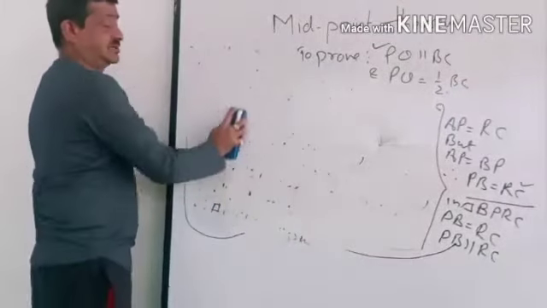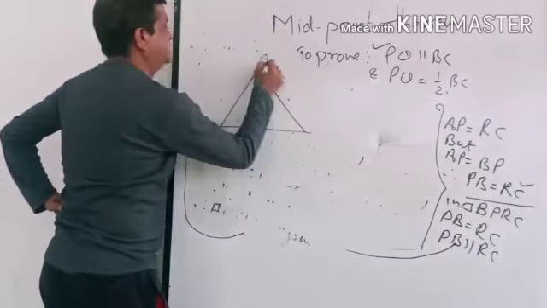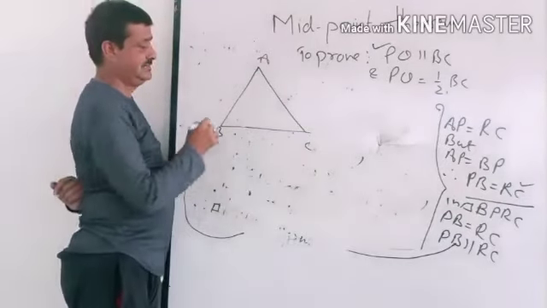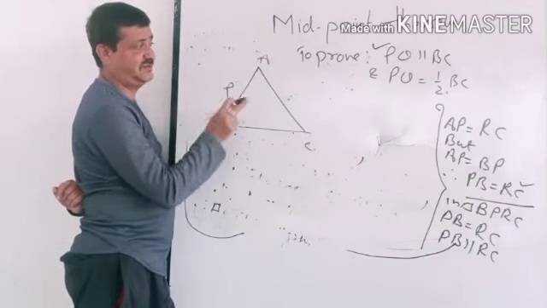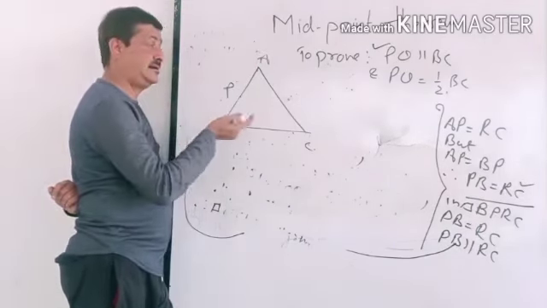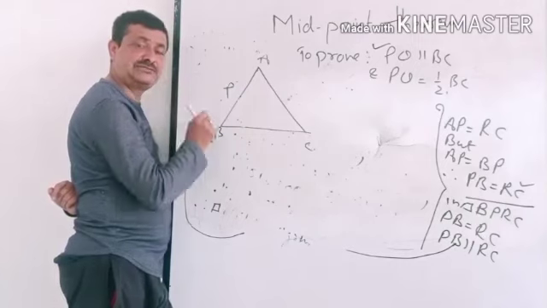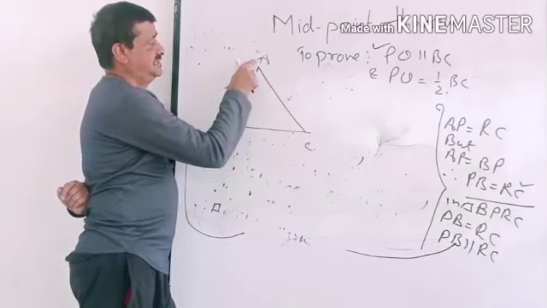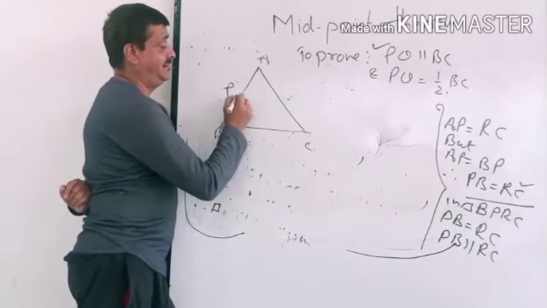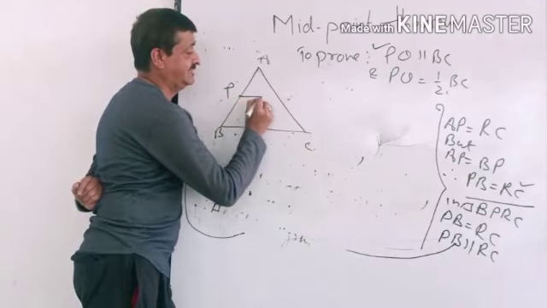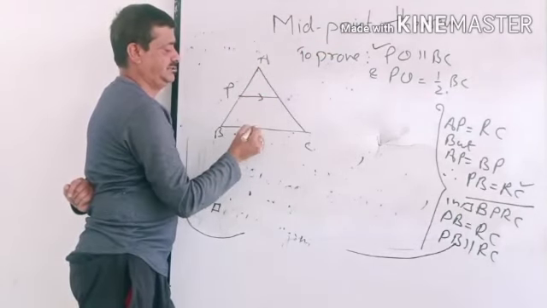It states that the converse of the midpoint theorem says that suppose this is triangle ABC and P is the midpoint of AB. Earlier I deduced the midpoint theorem. Now I am not deducing, I am telling you what the converse of the midpoint theorem is. It says that in any triangle, if from the midpoint of any side a parallel line is drawn, suppose I am drawing a line parallel to BC. Now I am drawing, PQ is parallel to BC.